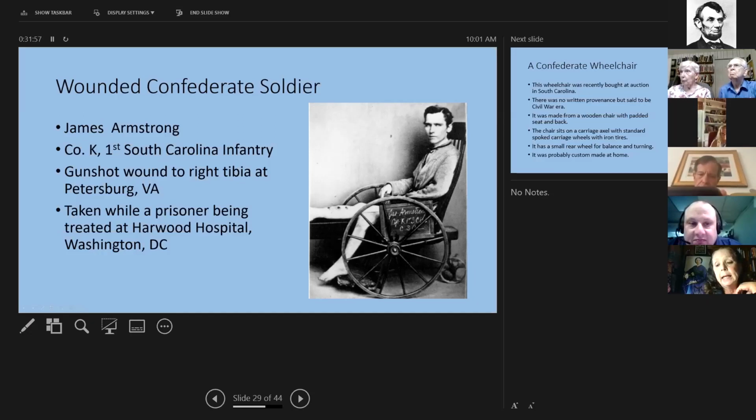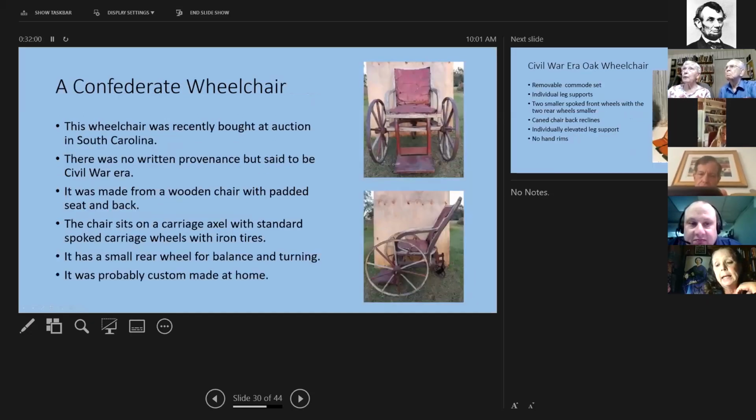And we will go to the next slide, which has a wheelchair that was bought at auction in South Carolina, which really surprised me. There was no written provenance, but it is said to be of Civil War era.